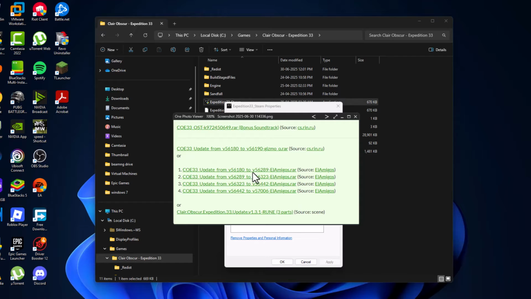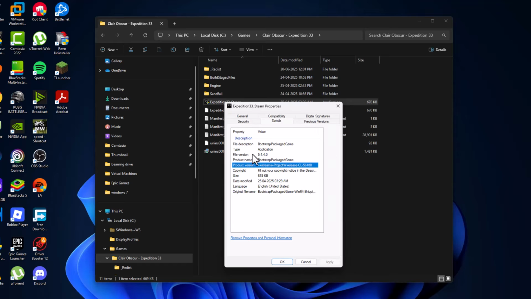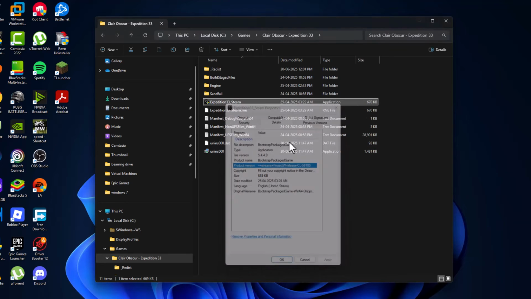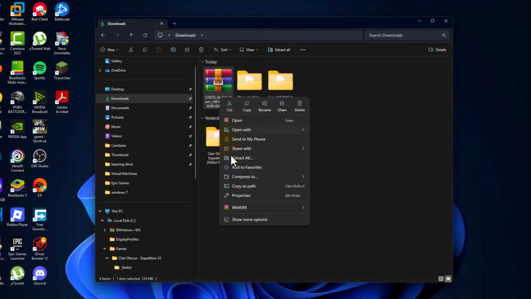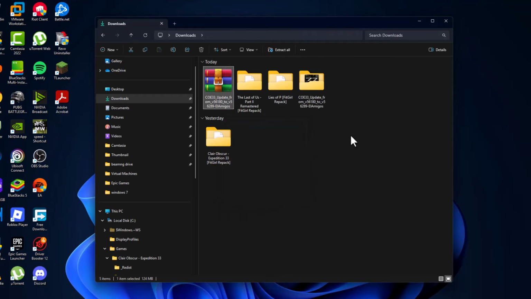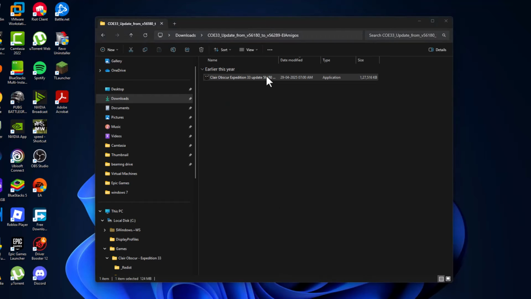So the first update I have is 56289. We are going to update it and just showing you guys the current version. Go to downloads, and here is the update I have. Just right click and select WinRAR and select extract to. After getting the extraction done, double click on the extracted folder, double click on the application,